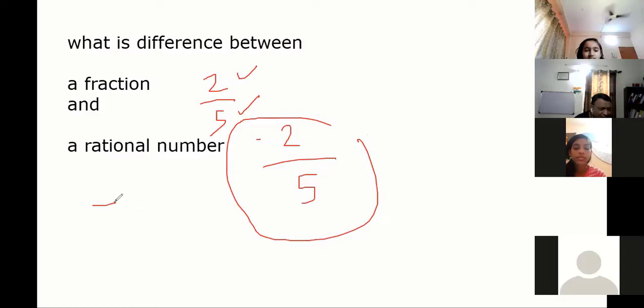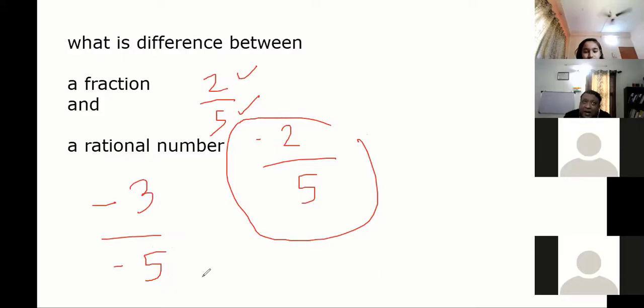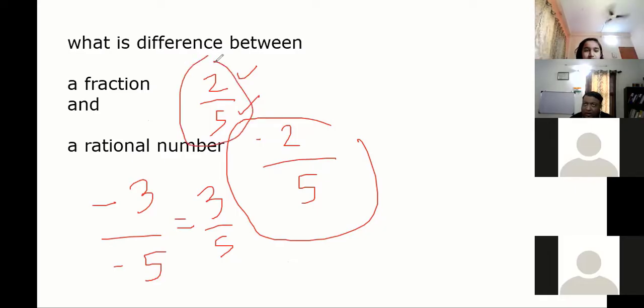Even if we write something like minus 3 over minus 5, you simplify later, but minus 3 is not a whole number, it's an integer. Minus 5 is also an integer. So minus 3 by minus 5 is ideally a rational number. When you simplify, you cancel the minus signs and it becomes 3 by 5. So 3 by 5, you can call a rational number, or call it a fraction, that's a different thing. The basic concept Asta said is correct. Here both numerator and denominator are whole numbers, there they are integers.